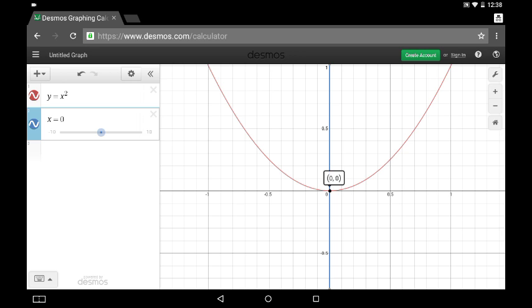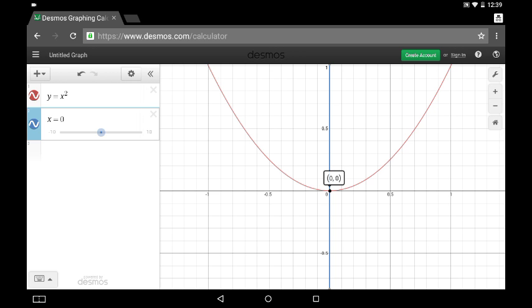The other key features to talk about are the y-intercept, which in this case is y equals 0. It crosses the y-axis at its vertex in this parabola. And there are also x-intercepts. So these are called zeros, Z-E-R-O-E-S, zeros, or they can also be called roots. So the zeros or the roots or the x-intercepts